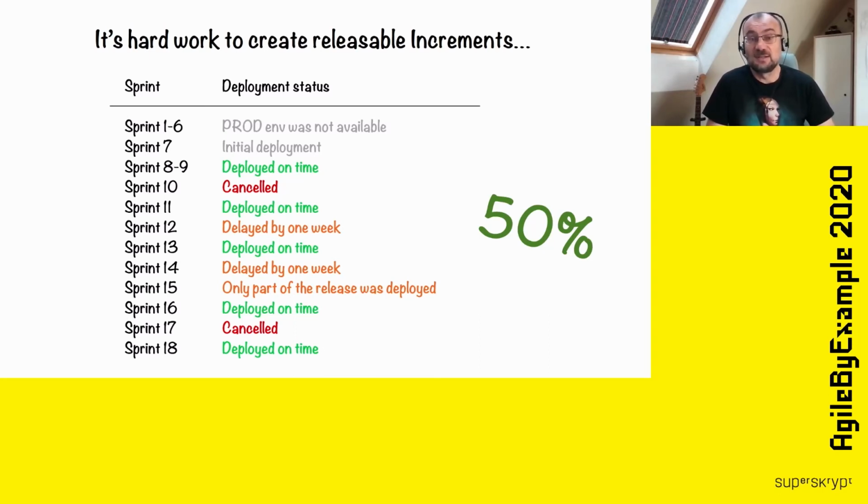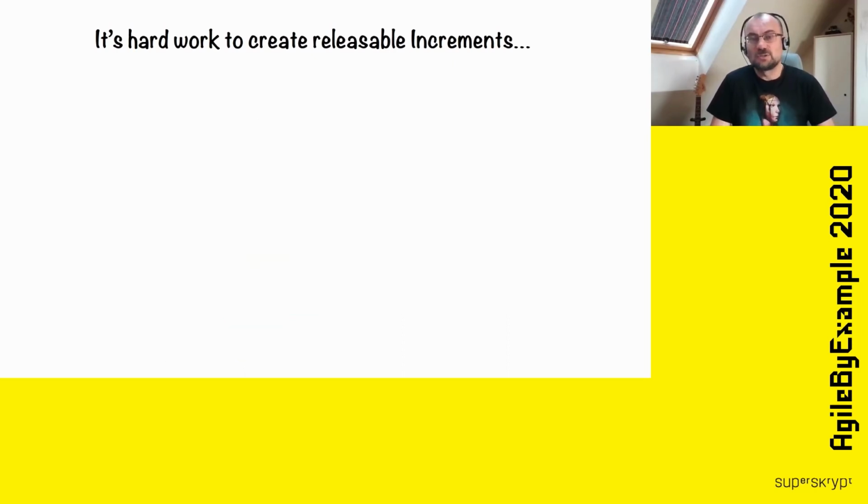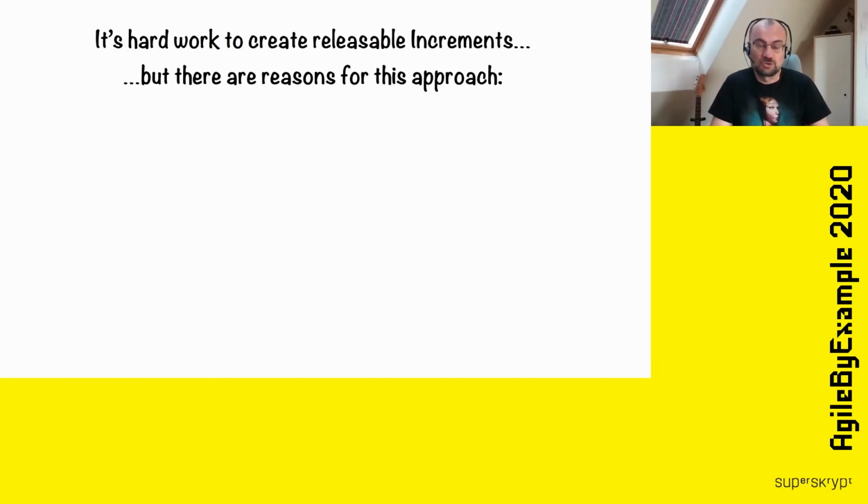The good thing is that if the sprint cycles take 2 weeks, then if we do something wrong, we have the opportunity to improve it quite shortly. The feedback loop is quite short. Still, this is hard work, and if there is something hard to do, it's easy to give up. It's easy to say, why? Let's stay in the current state. Let's not go further. So for me, this is really important to remember the reason for this approach.